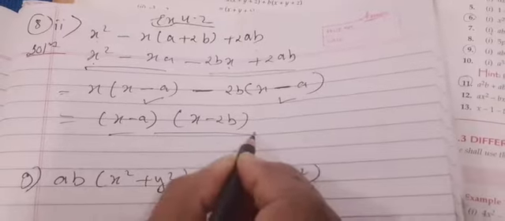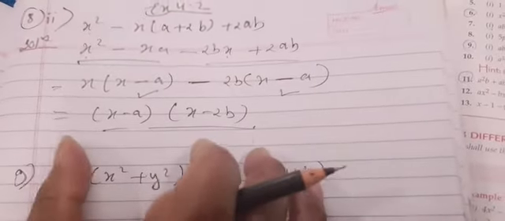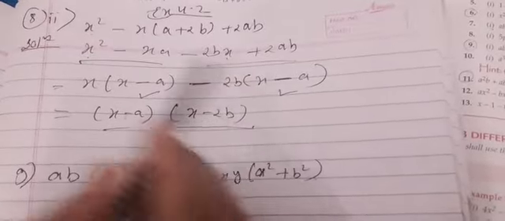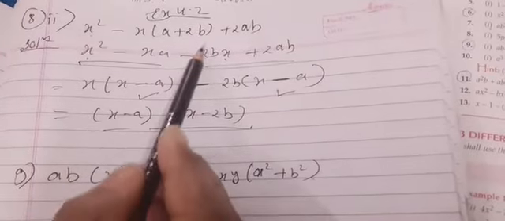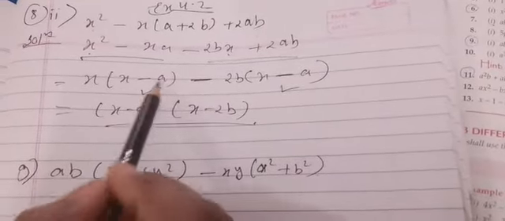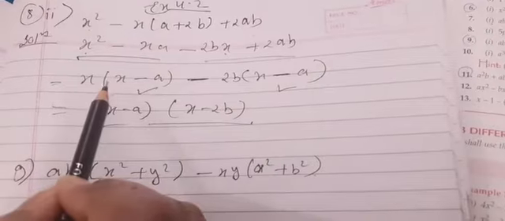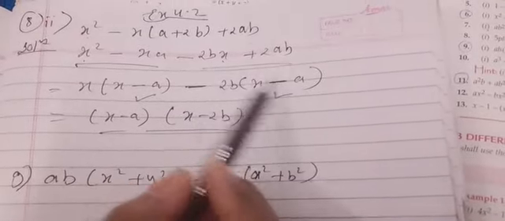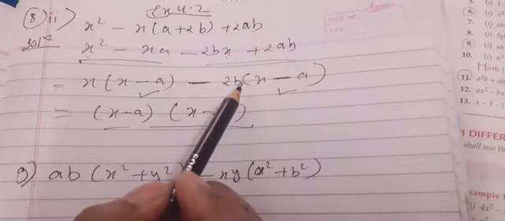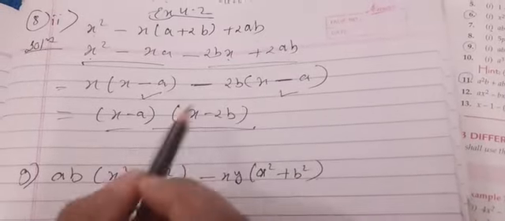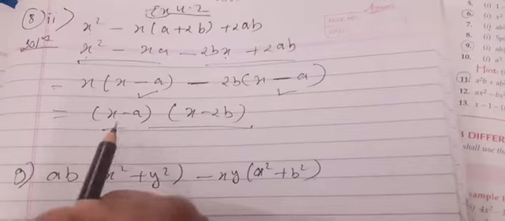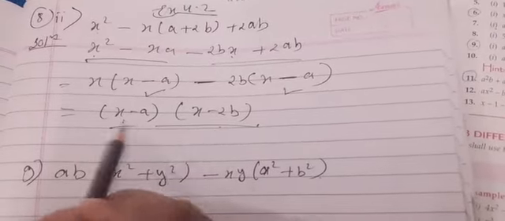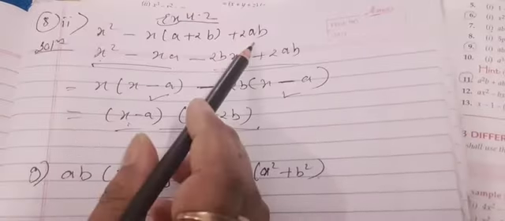So these are the two factors, and this is the reason why this is called by grouping of terms. First of all we have made two groups of two terms, then applied the first method, that is taking common. From these two we have taken something common, and then from these two we have taken the common, and then out of these two groups something is common, then we reach our answer that we got two different factors for the given algebraic expression.